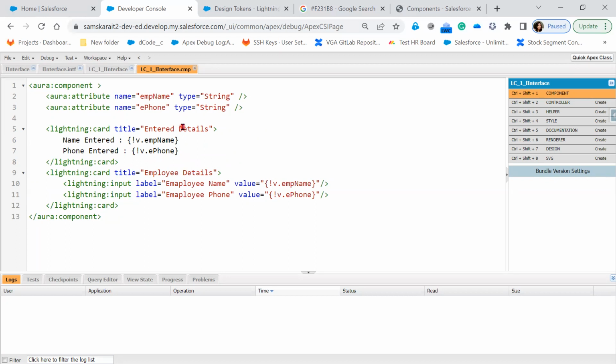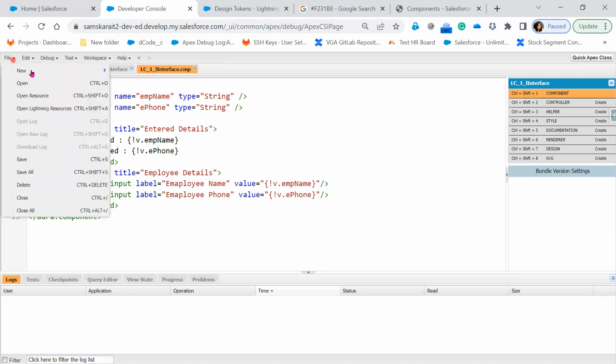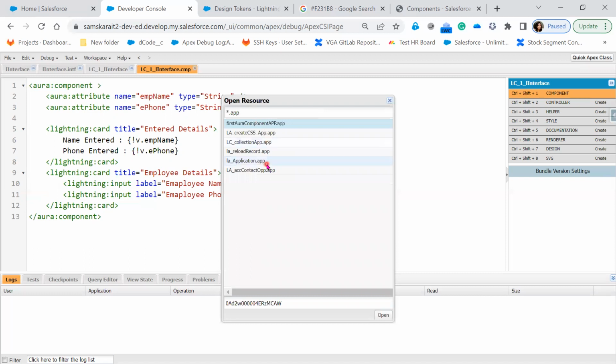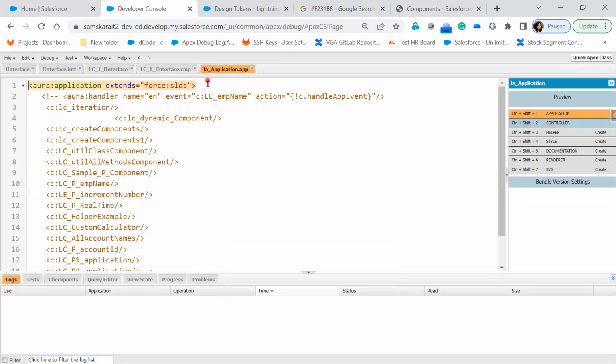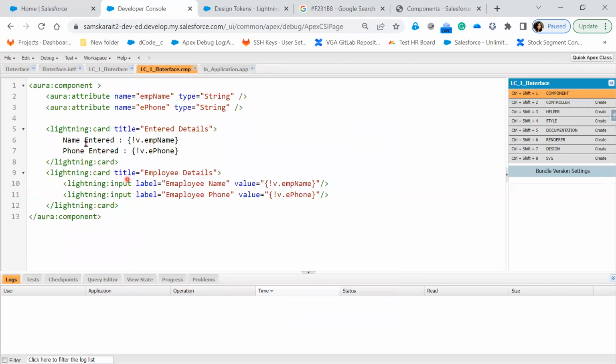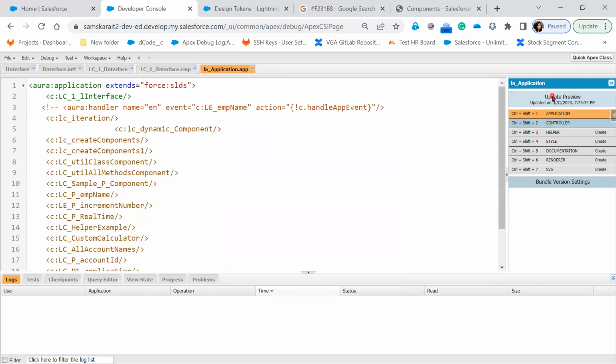Now, if I execute this component, let me open the existing one. Start.app. Now, let's suppose C:LC_1_L interface. This is my component. This is a generic component, like casually how we write it. For a normal component, that's the same thing. If I click on a preview,